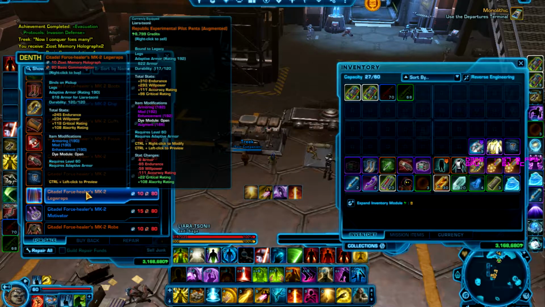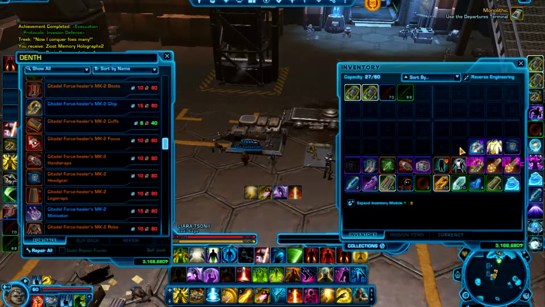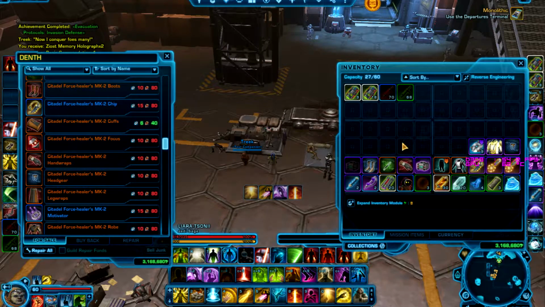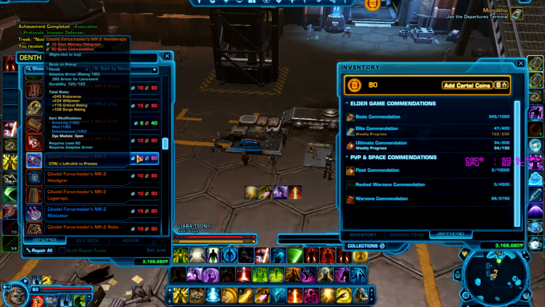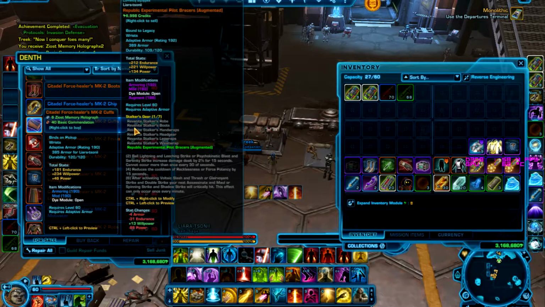What you do is, as you quest on Ziost, you earn Ziost memory holographs. Note that these are bound to legacy. We are going to be using these to gear our alts now. Not going to be getting basic comms. So they do cost basic comms to buy these things. I guess we could buy them on our main and strip them out. But when your alt freshly dings level 60, this is the place you're going to come to buy gear. They only cost 80 basic comms per piece. They cost 10 of these Ziost memory holographs, 8.6 for the